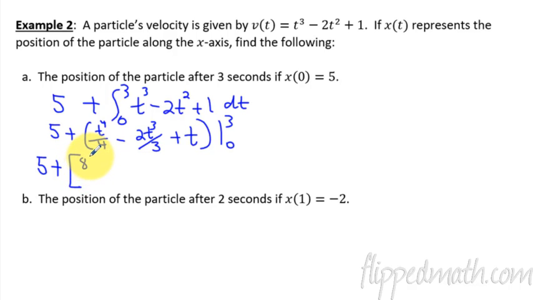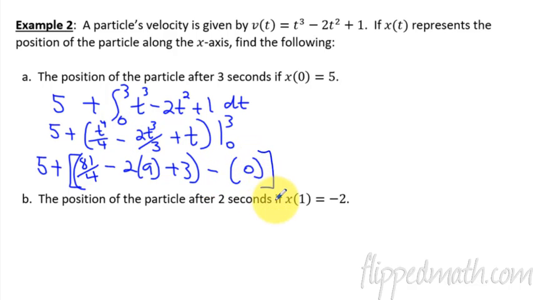So 3 to the 4th is 81. Then minus 3 cubed is 27, but then I'm going to divide by 3 and get 9. So this is 2 times 9 plus the 3. All right, so there is the 3 plugged in, minus, now if we plug the 0 into all of this, you just get 0. Okay, now after a simplification process here, we're going to get,